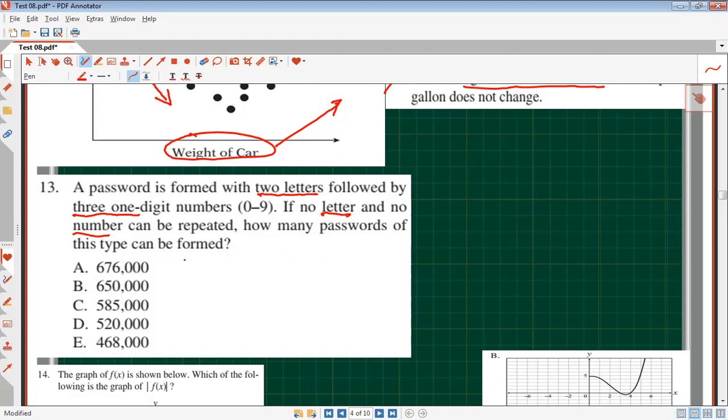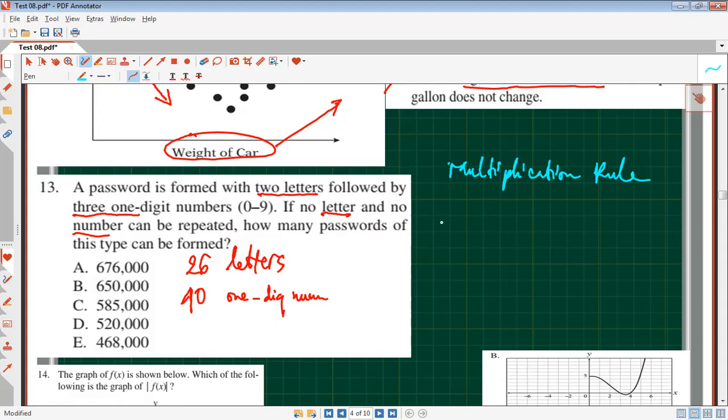In English, there are 26 letters, and of course 10 one-digit numbers. None of them can be repeated. Applying the multiplication rule,